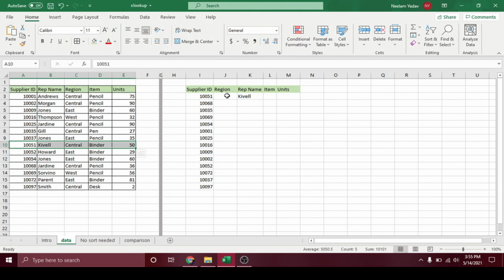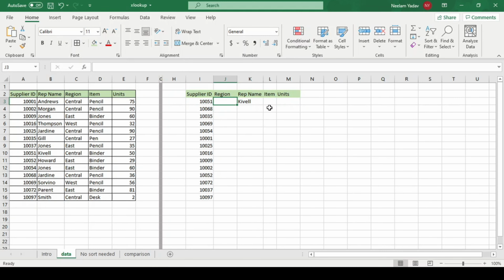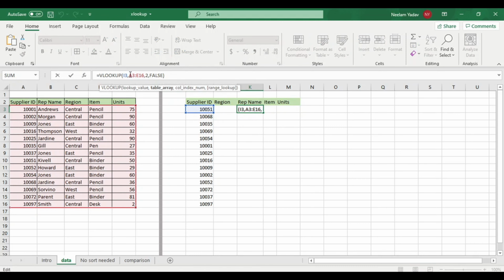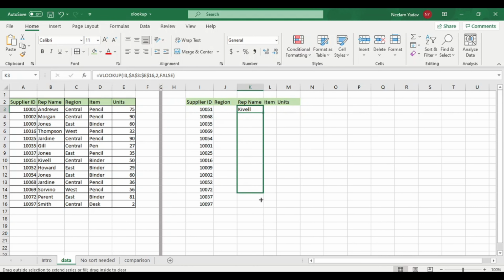So here if I want to have values for these as well, then I have to separately write the code for VLOOKUP and search for the items, give the column indexing and have the values here. So if I want to replicate this for the other suppliers, then I can just drag it, but before that I need to hard code the reference values for the table, then it will be correct. So now if I drag this, it will search for all these supplier IDs from here and give me the value.